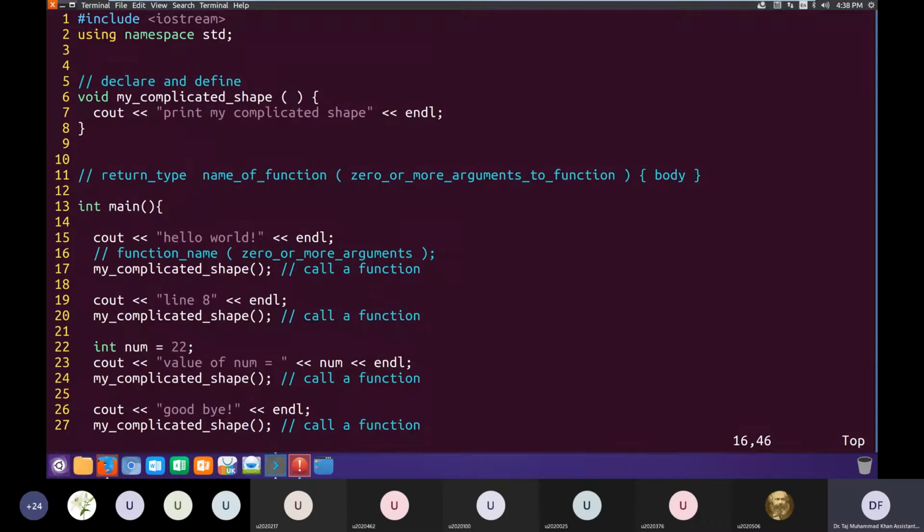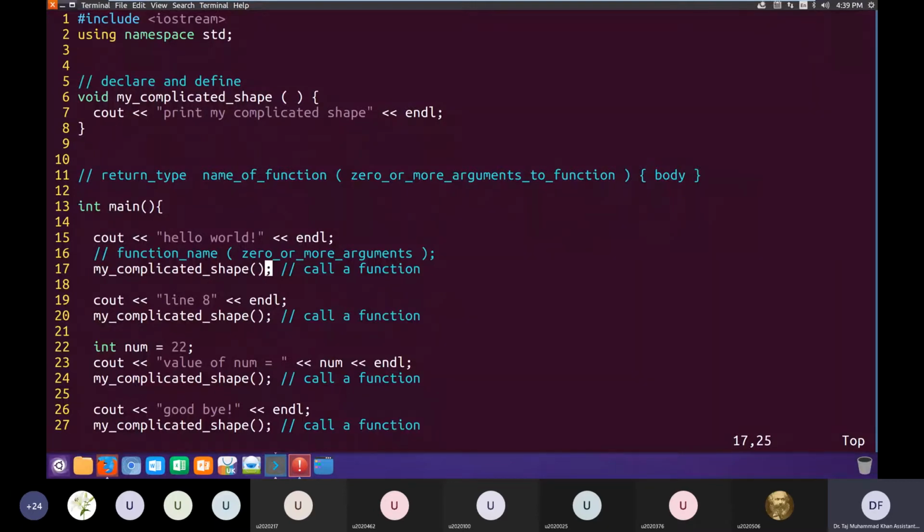So if we compare this syntax to our calling of this function, we have the function name, and then we open this parenthesis, and since we have no arguments for this function, we close this parenthesis. Since there were no arguments, we didn't write anything between the parentheses. And then since this is the end of our statement, we write a semicolon.